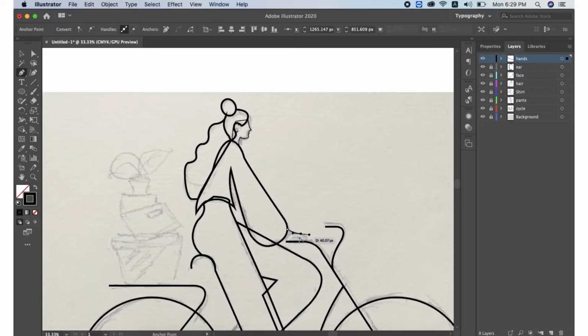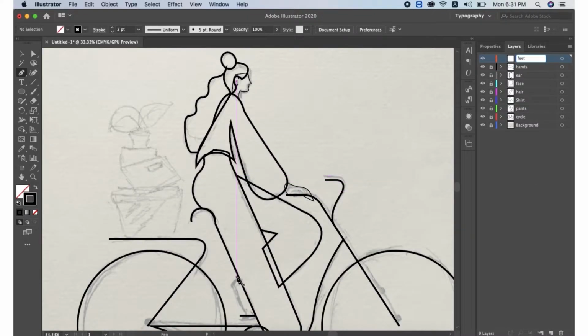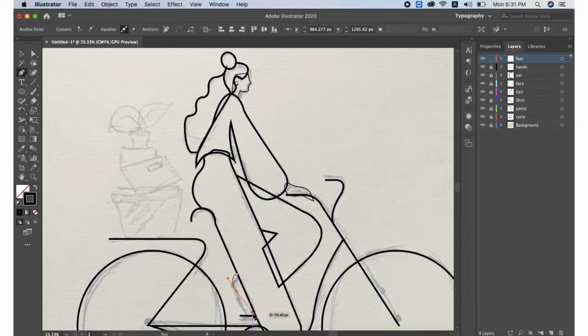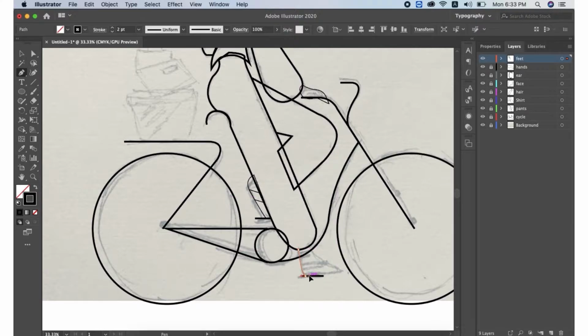Okay, similarly now we need to create hands as well as feet for the vector. Yeah, so it's almost done, just one more foot left.